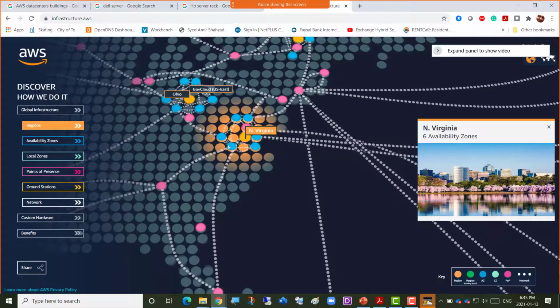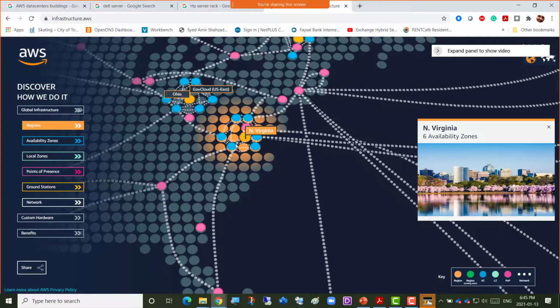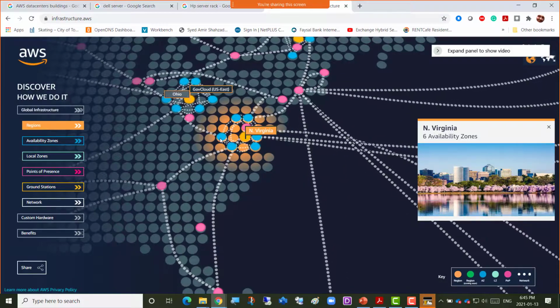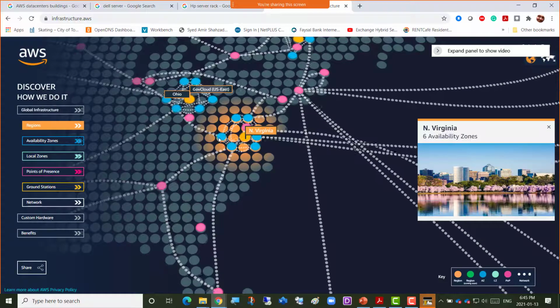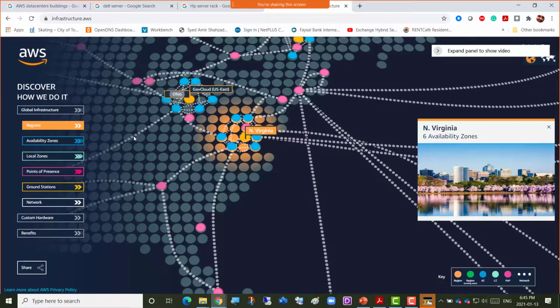So here, these are the dug out lines that are connecting all the data centers. And obviously, this means that Amazon would have spent millions or possibly billions of dollars to really get their own infrastructure.